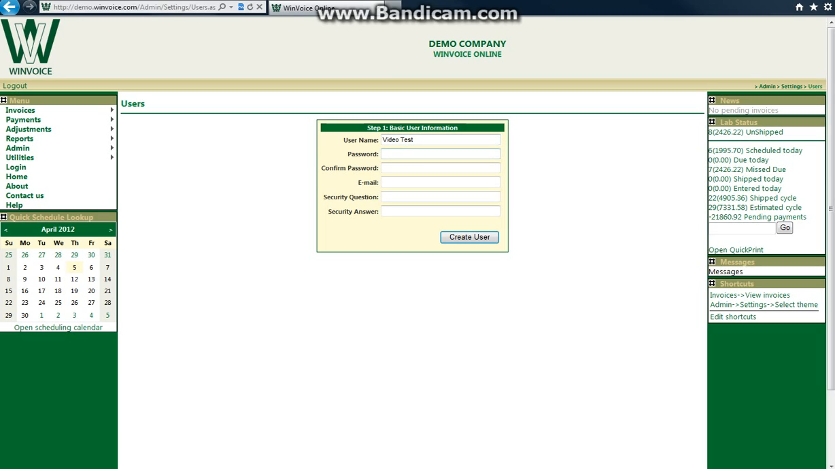And the password I'm just going to put in as demo. Oops. Email, you don't really need it. Security question, when you're setting up a user, what the security question does is you can put in, say, what is your pet's name? Sparky. And basically what this allows them to do, if you have an email address set in there and